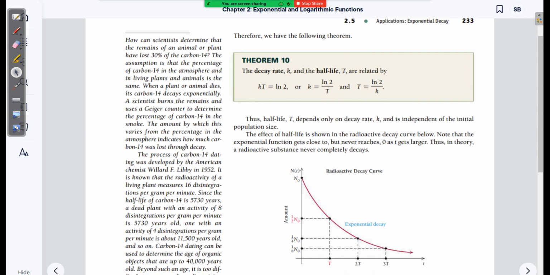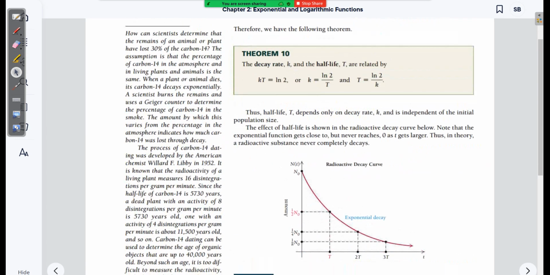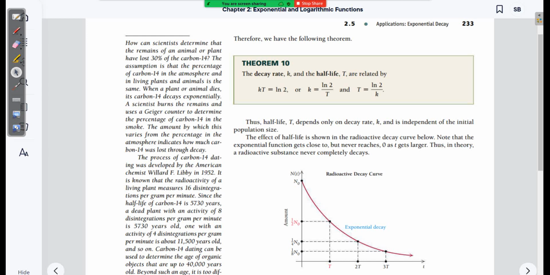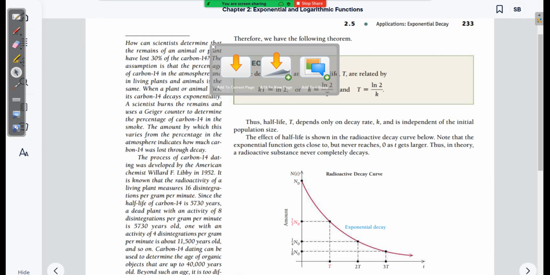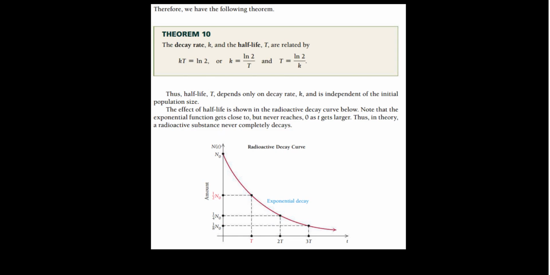All right, so it says, therefore, we have the following theorem. So let's snip this, give it its own page. By the way, this little bit on the left side here about how scientists can determine the remains of an animal or plant, it's pretty interesting. I think you should give it a read. I'm not going to read it though. So anyways,